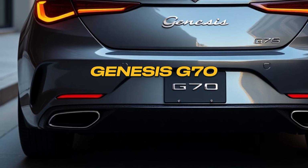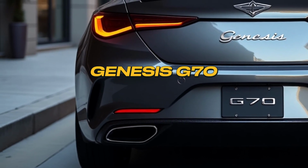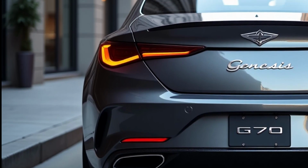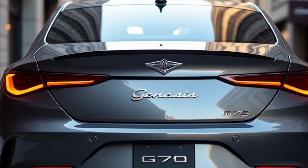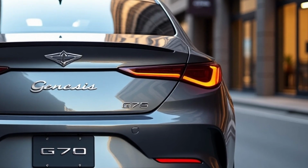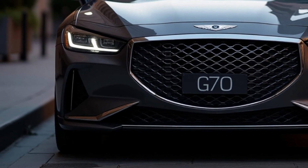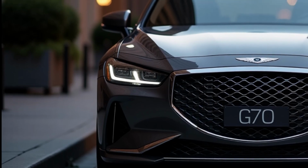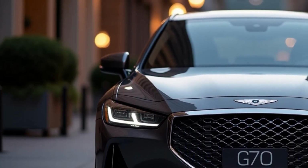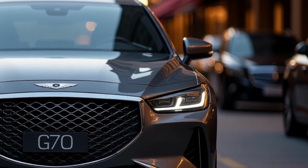Genesis G70. The Genesis G70 offers a premium feel and sharp handling, but its flaws make it tough to recommend over more established competitors like the BMW 3 Series or Audi A4. The G70 does have decent power, with an available 3.3-liter twin-turbo V6 that can hold its own. However, its ride quality is too stiff for everyday comfort, and the turbocharged engines often struggle with refinement, making them